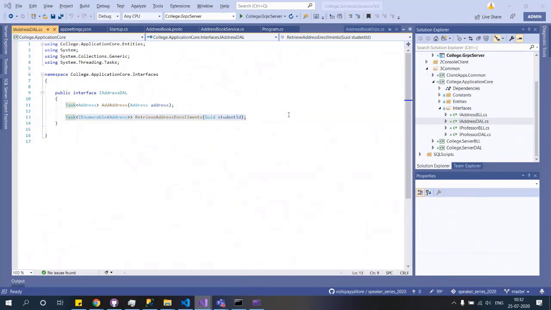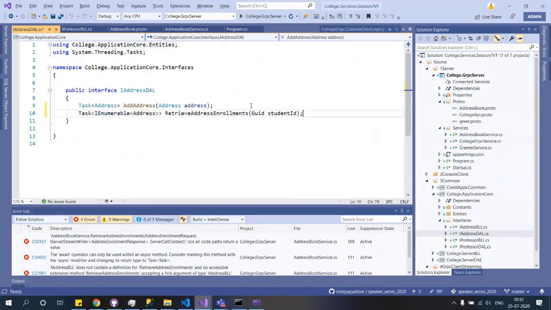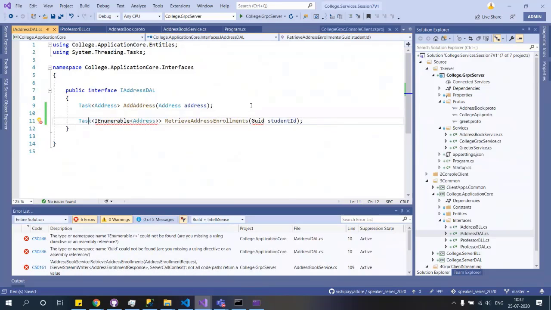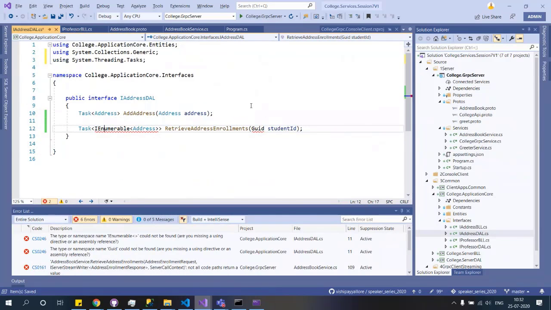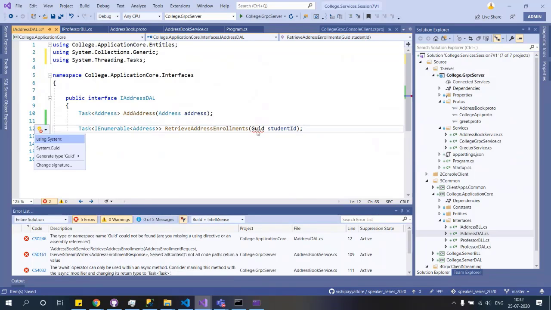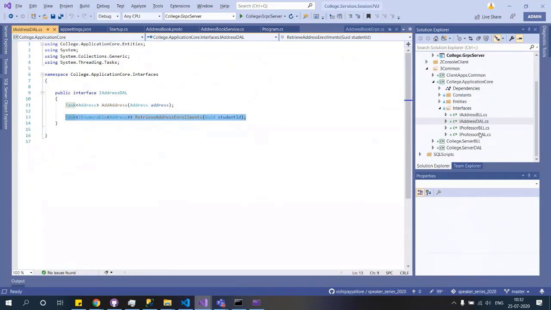I'll grab this guy, and this one and GUID, and then let me go grab it from the business logic layer.